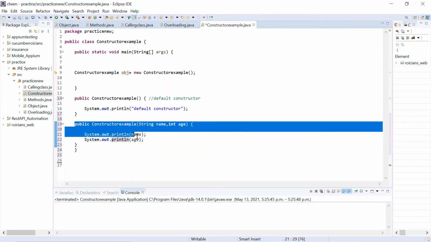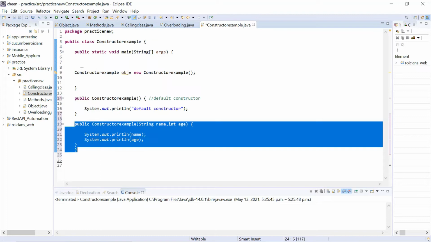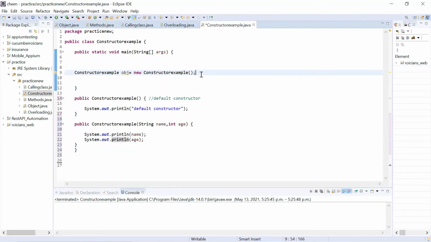Now, if I want to call this particular constructor, I cannot call it with this line, because this is to call the default constructor. Guys, as I've told you, default constructor means constructor without parameters. And whenever you create any object, by default, you're calling a default constructor. Now I don't want to call the default constructor. Now I want to call the constructor with parameters. In order to do so, you need to pass values in this bracket. So these arguments which you have in the constructor, you can pass over here. Like what value you want to give to this name and what value you want to give to this age.